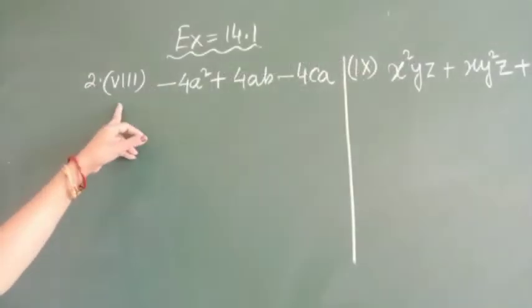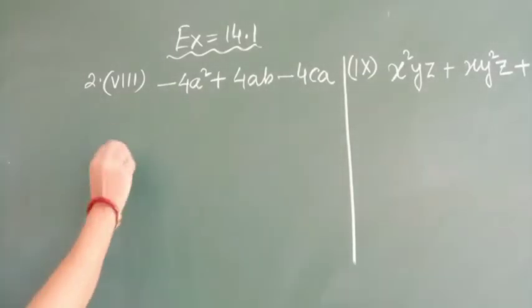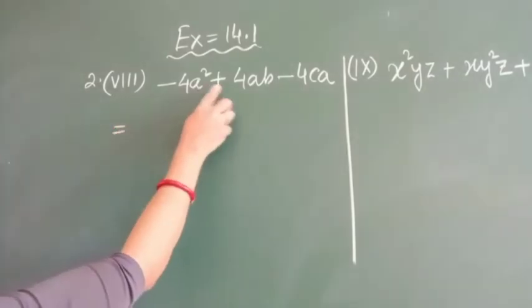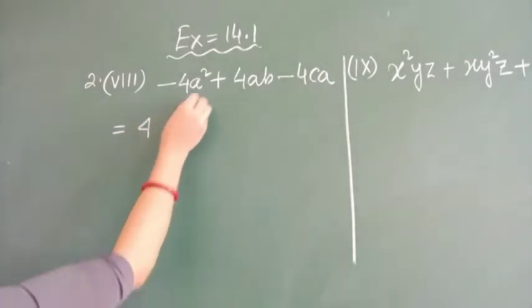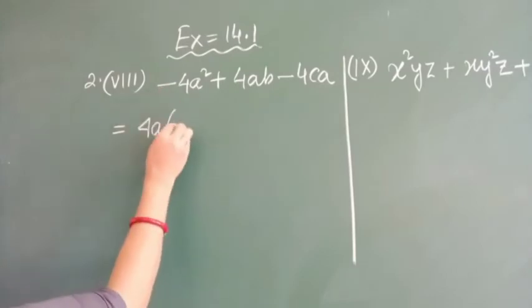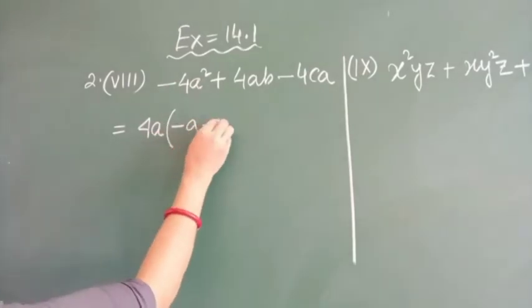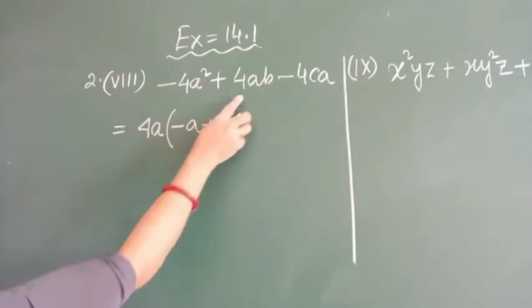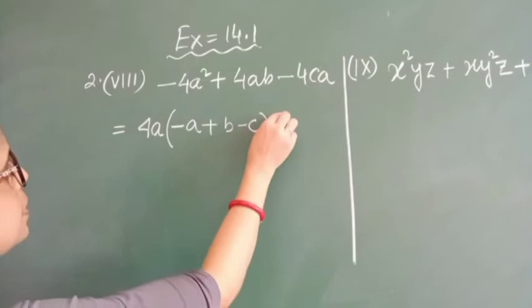Next one is question number 8. Then we will do 9 and 10. In question number 8, you have to do the factorization. That means you have to take the common factors and the remaining you will write the same way. So 4a square, 4ab, 4ac. Very clearly you can take 4 as common. A square, a. So single a you can take common. Now what is left here? Minus a. Because out of 2a you have taken 1. Then minus a is left here. Here plus b. And here 4a you have taken. So minus c is left.